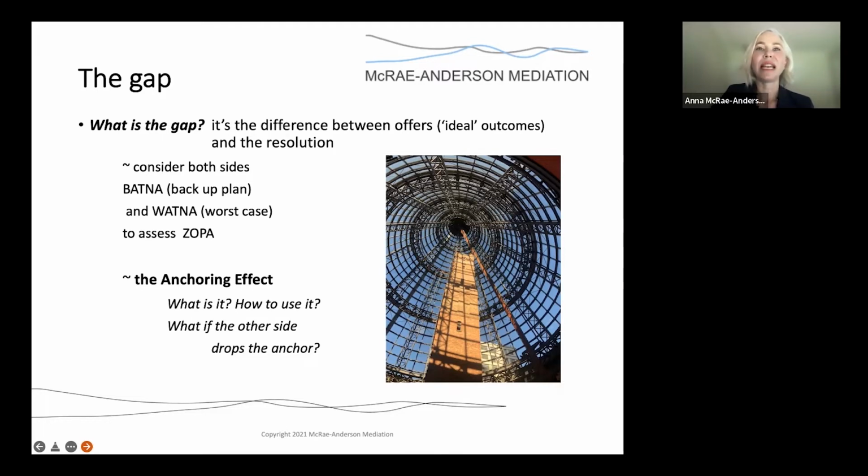So the first step in any negotiation is to ask yourself and your client, what will you do if it doesn't resolve? The next is, what will they do if it doesn't resolve? And the third is, what's yours or their walk away point? So keep those questions in mind. Remember, a best alternative to a negotiated outcome is not what you or they think is fair. It is the reality that you or they will face if there's no deal.